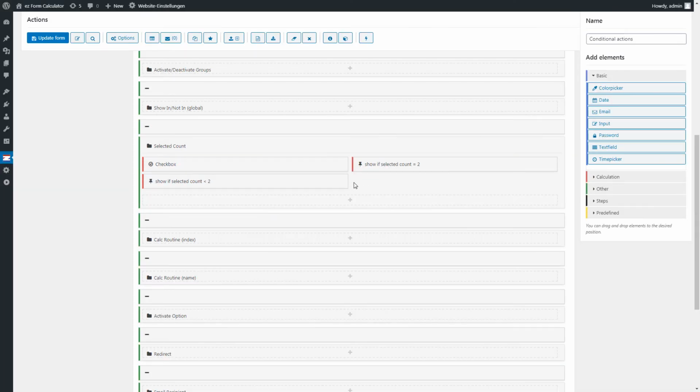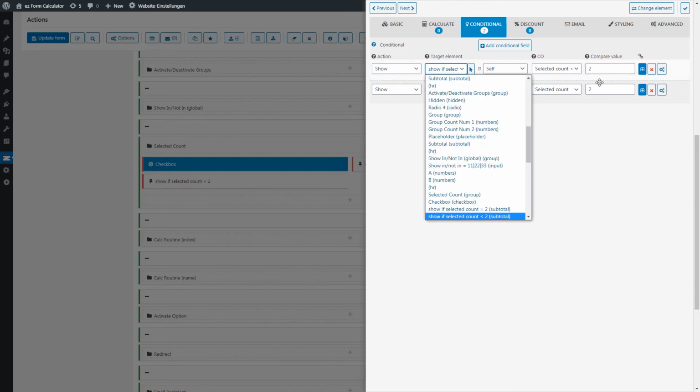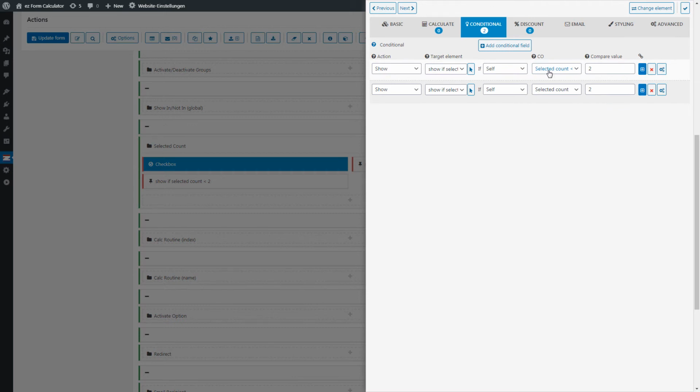So as you can see, we have our checkbox element here and the two subtotal elements, and we will now look into the checkbox element's conditional section. We have two conditional actions set up here, and the first subtotal element, which is only shown if the selected count is less than 2, is done with the conditional operator